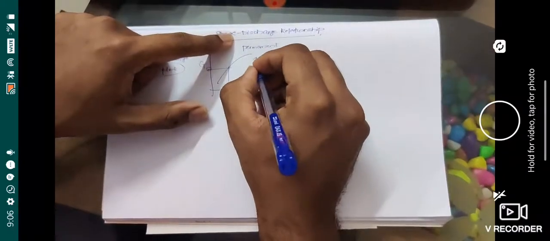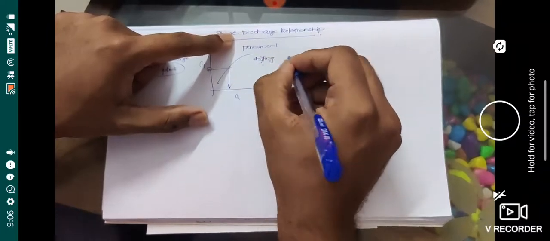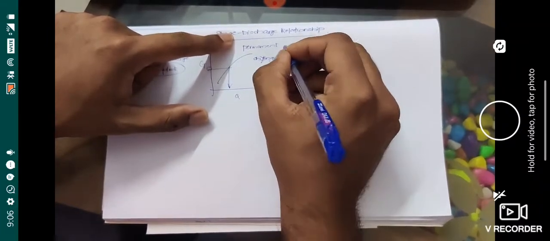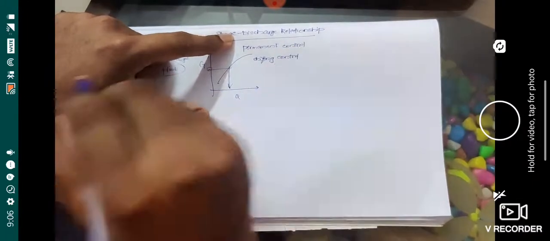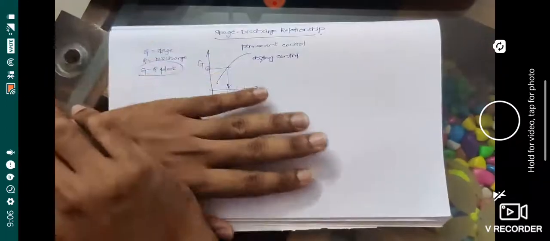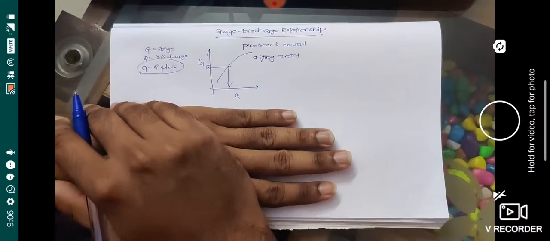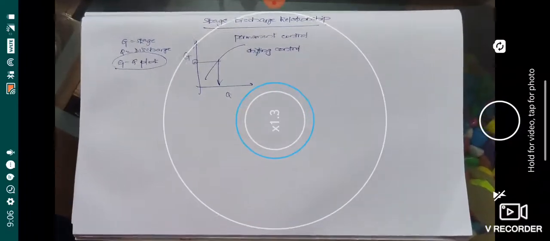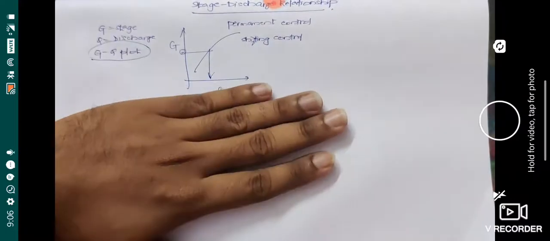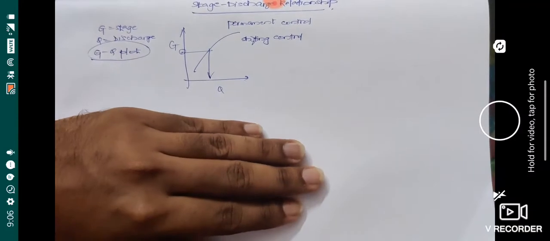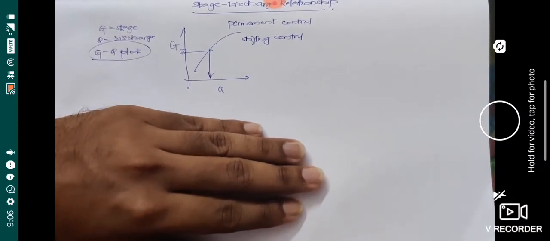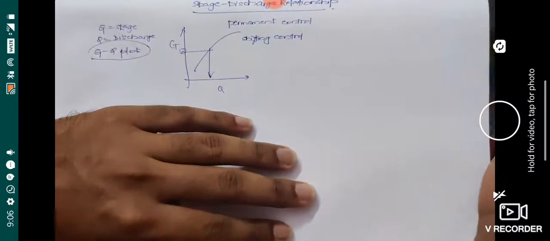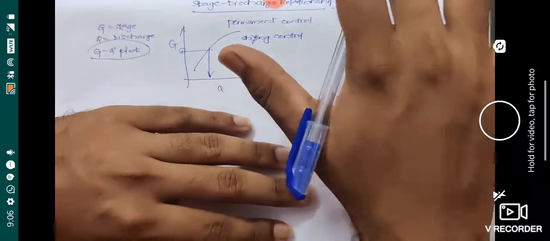What happens if it keeps on changing? It's called shifting. So the relationship is called a shifting control. Otherwise, it is called a permanent control. There are two types of ways in which you can have it: permanent control as well as shifting control. Okay. Now, when talking about the permanent control, so there's a relationship. In most cases, for practical purposes, we'll be assuming it to be a permanent control.